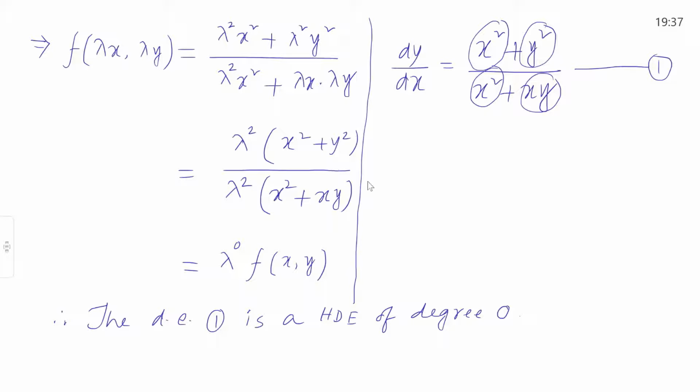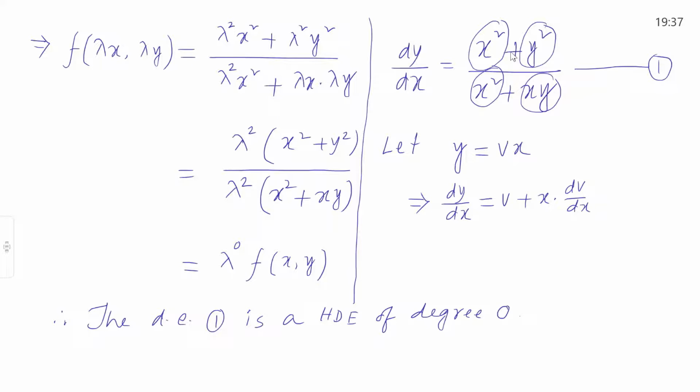To solve an equation of this type, what did I tell you to do? A substitution: let y is equal to vx. To solve this equation, let y is equal to vx. Then I told you to determine dy dx from it. This is a product function, so dy dx will be equal to v plus x times dv dx. This is used on the left hand side, and wherever there is y, use vx in equation 1. So therefore 1 implies